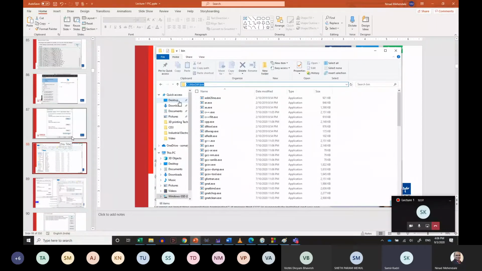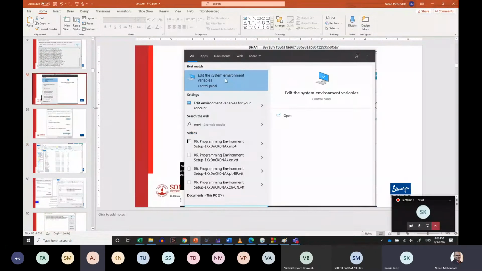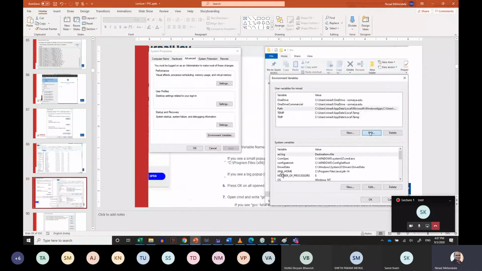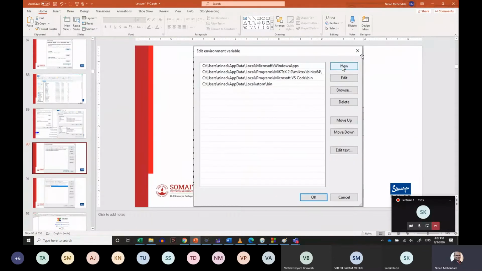So can you repeat what you have to do with the ENVIR? Okay. So again, what I'm telling you, you have to click the Windows button. Then you have to type ENVIR environment, and you should see the best match as edit the system environment variables. You click on that, it will take you to the system properties tab. Then you click on environmental variables. Okay. Then this window will pop up, environmental variables. Inside this window, you have to click on edit, and it will take you to the edit environmental variable.